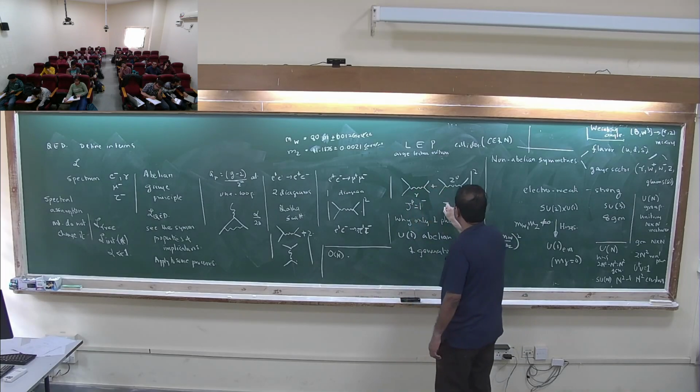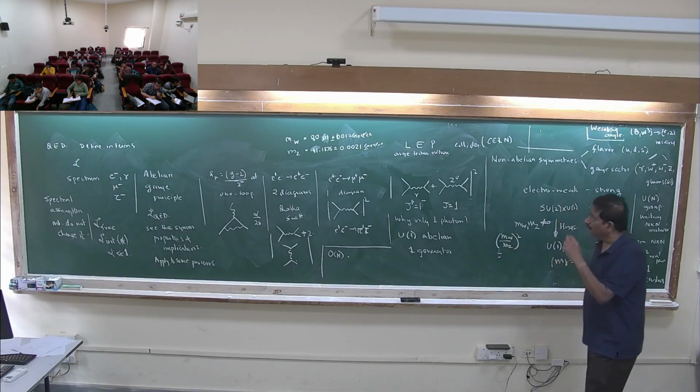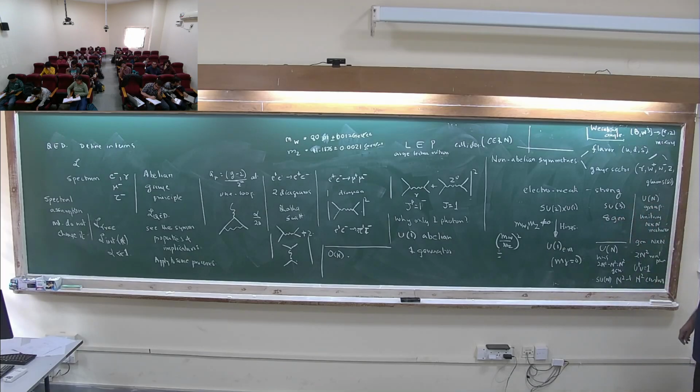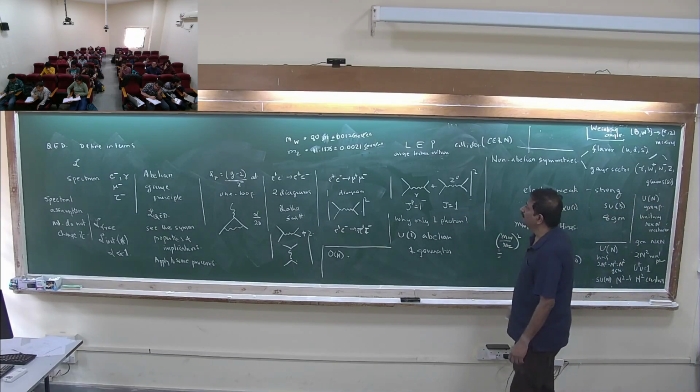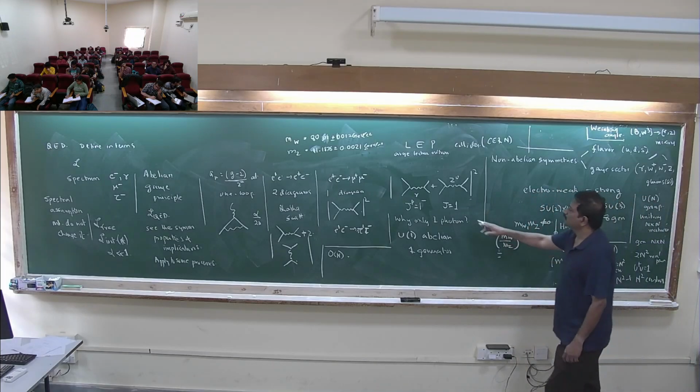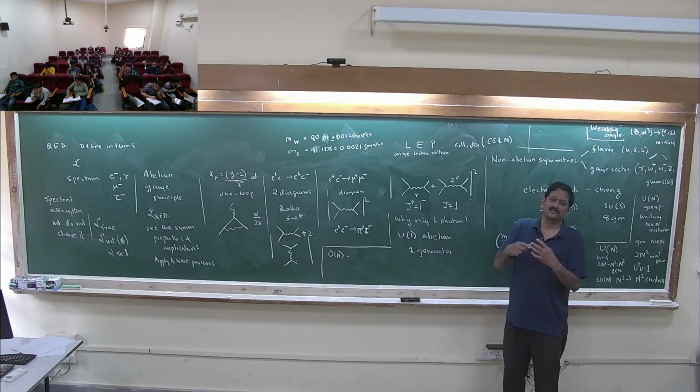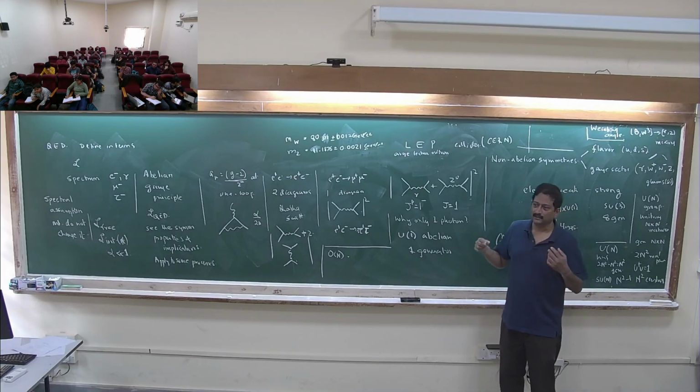J of the Z is 1. But we don't write down any parity for this because of the interactions by parity, so we don't write P. So this J equals 1 means that it is a resonance in the angular momentum 1 channel,